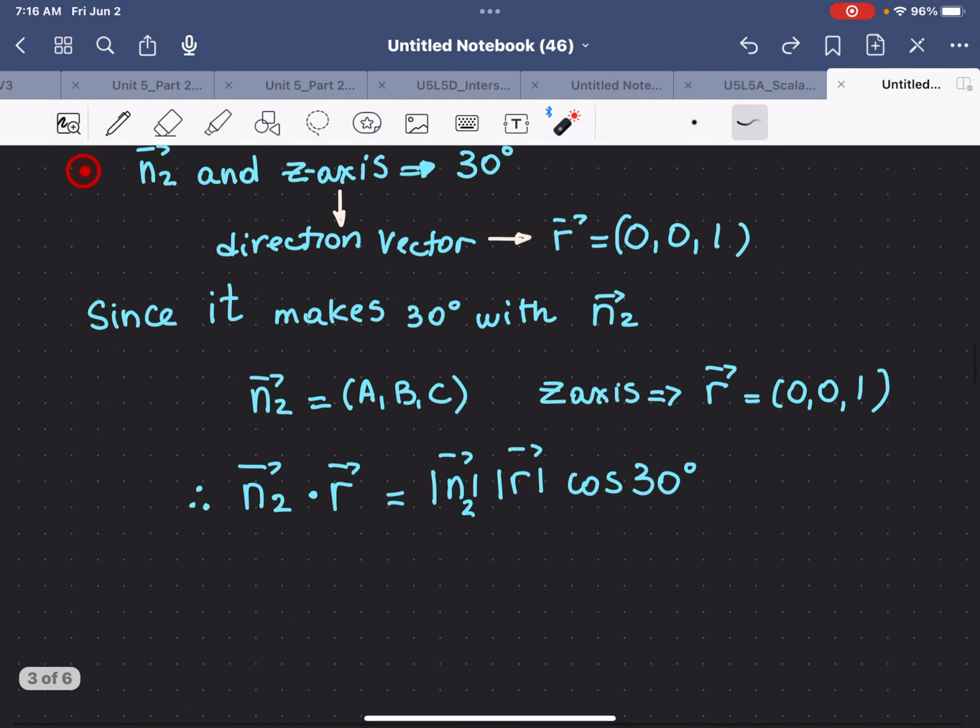So now let's substitute n2 by the coordinates a, b, c. Let's substitute r by (0, 0, 1), and that would equal